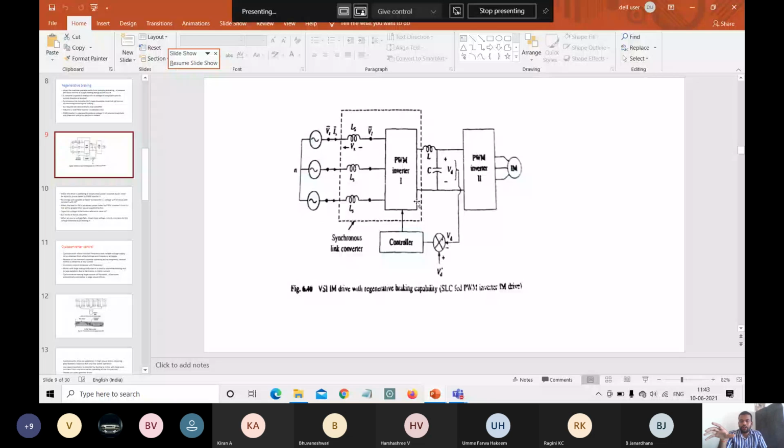Closed loop control uses a feedback path. If it is open circuit, what happens? There will be no interlink between the supply and demand. Because of the usage of closed loop, if there is an increase or decrease, the control actions automatically take place. This closed loop voltage controller sends the signal to our SLC whenever there is an increase or decrease of load in the induction motor.